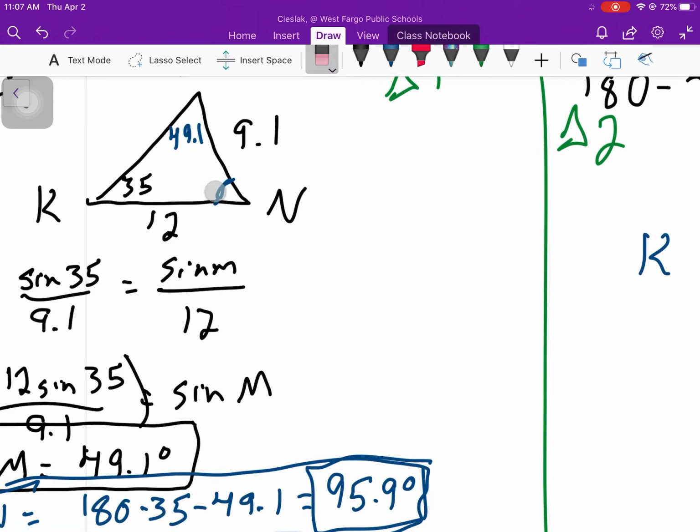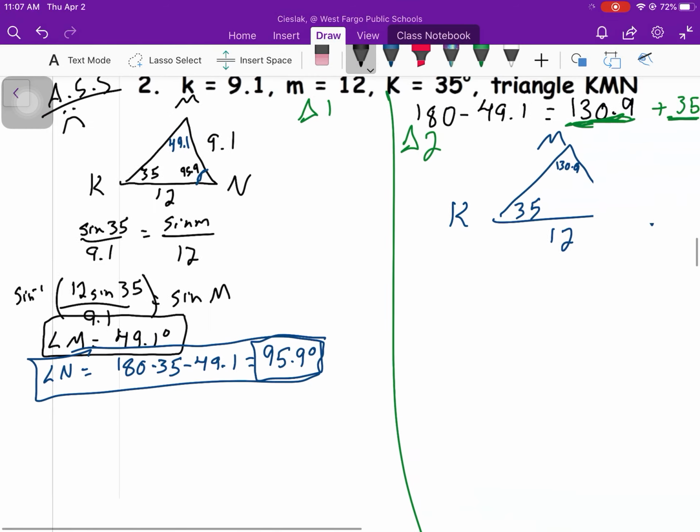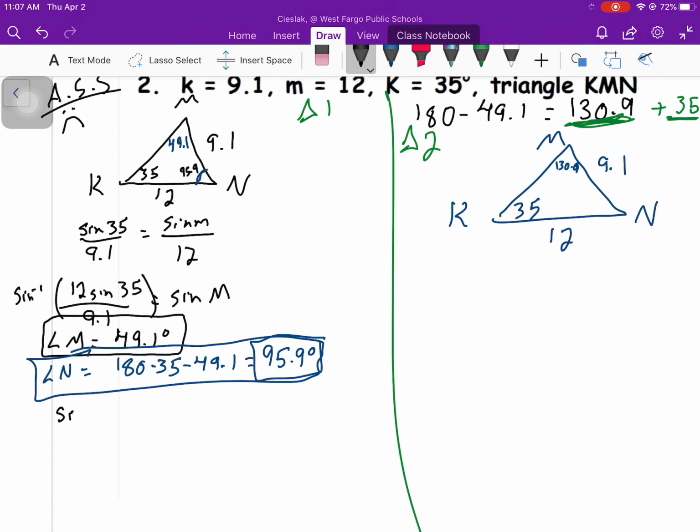So from there, I'm going to erase this. Oops, that's not what I wanted to do. Just write it in there, 95.9. So now I could say the sine of 35 over 9.1 is equal to sine of 95.9